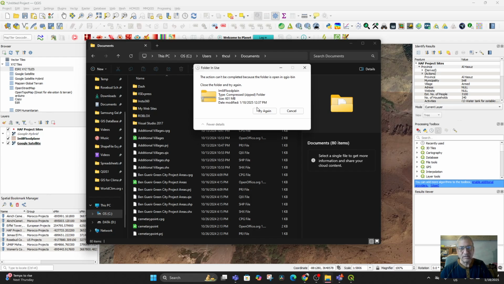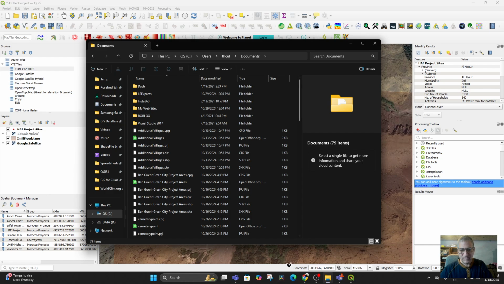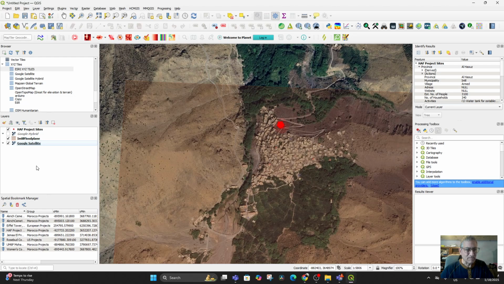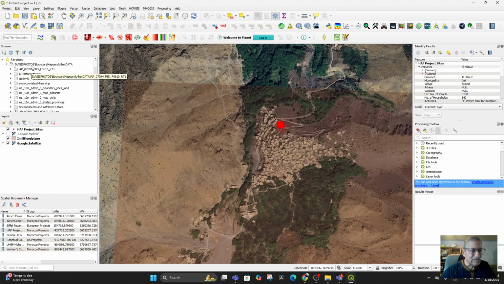It can't be completed because it's open in QGIS bin. QGIS bin has it open, huh? Alright, well then, let's see. What if I open a folder? No, I don't want to do that. What if I bring it in under the D drive, and then